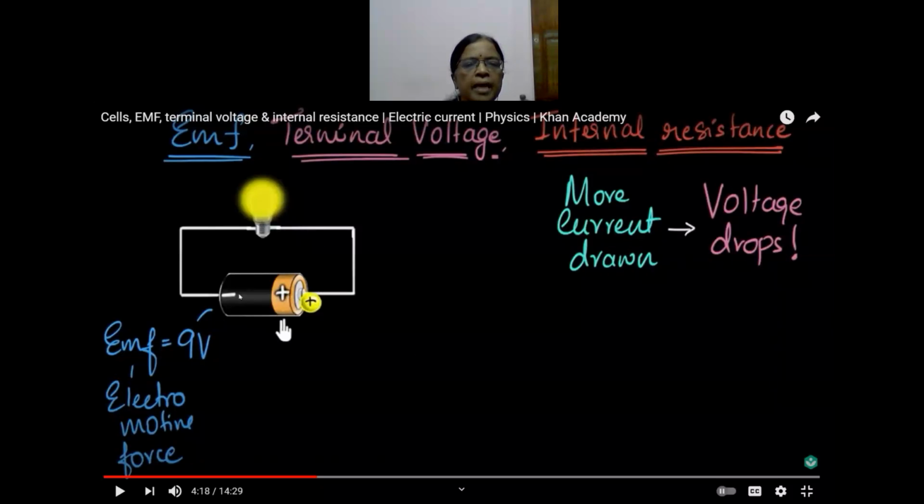We know electrons should flow through the circuit, and only then does the bulb glow. Current should flow in the circuit, then only the bulb glows. So these are the connecting wires used, and there is a potential difference due to the chemicals. Due to the chemical reaction taking place inside the cell, one electrode is becoming positive, the other electrode is becoming negative. Have you studied cells in chemistry, children?